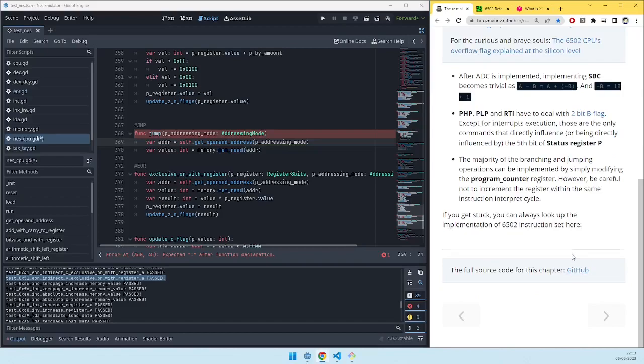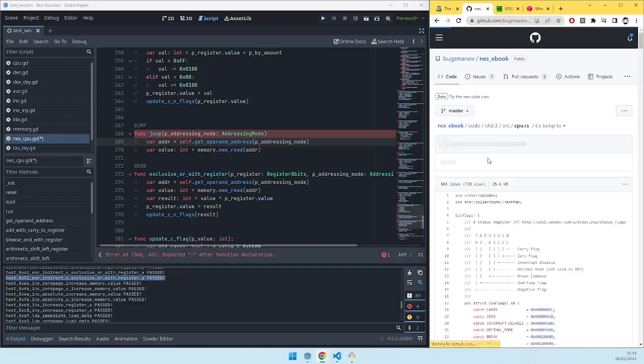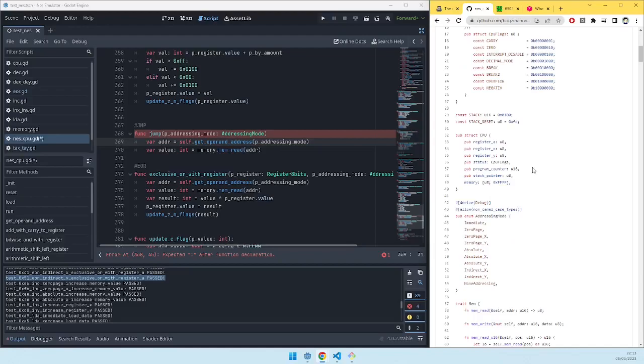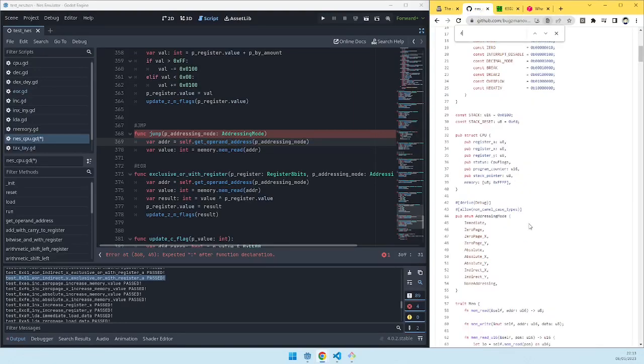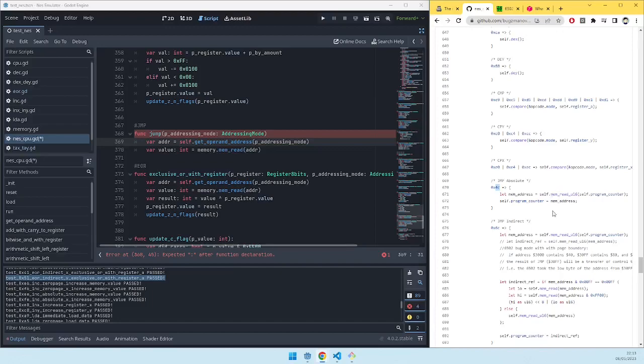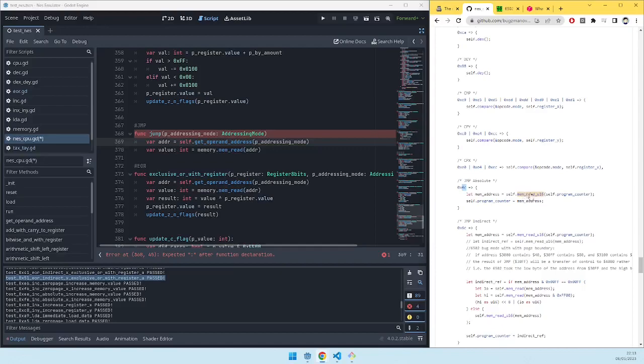Let's try this and let's see the sample code in GitHub, and see how it handles 4C and 6C. So indeed it reads the address directly from the program counter. So we are going to get